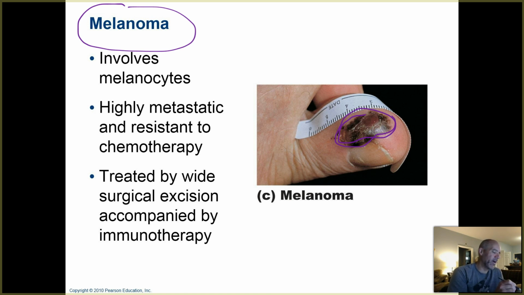But when you have an overgrowth of these melanocytes, they make melanin. Melanins can have different colors to them. There are different types of melanins. So the melanoma itself may be multicolored.